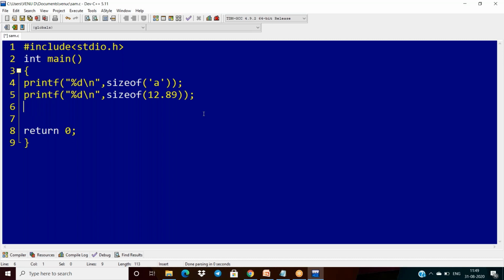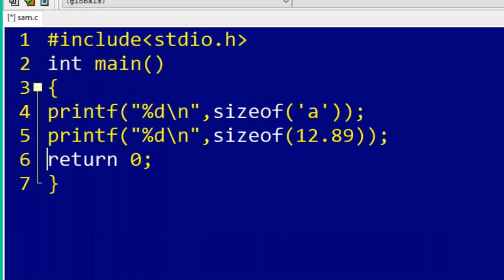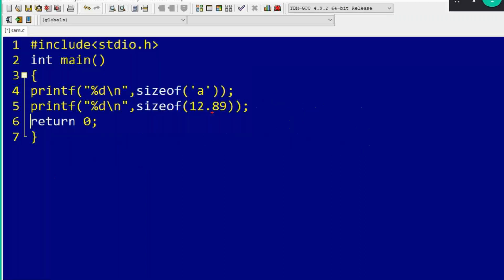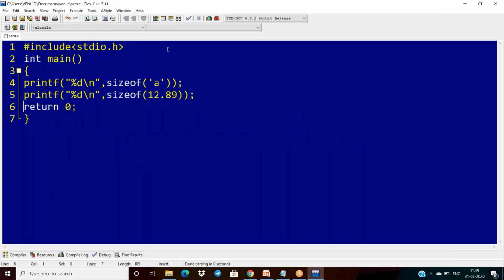So now tell me, what is the expected answer? What is the expected output of this program? Okay, so tell me your answer.